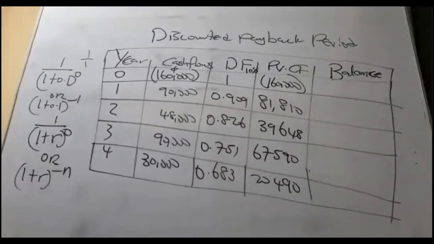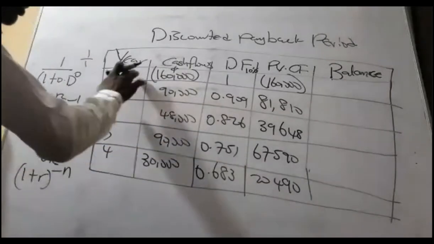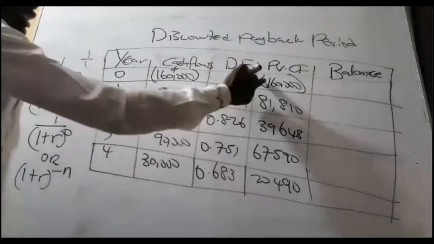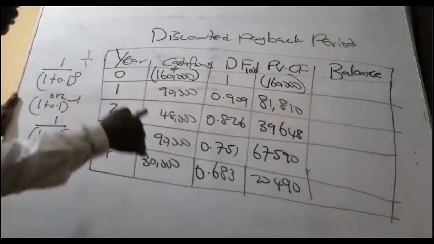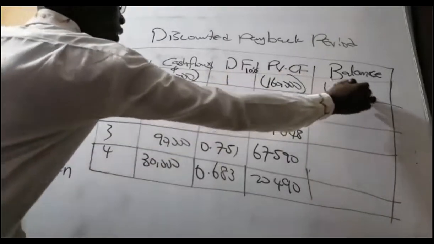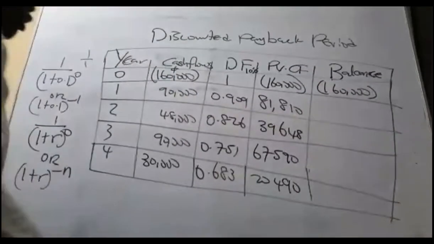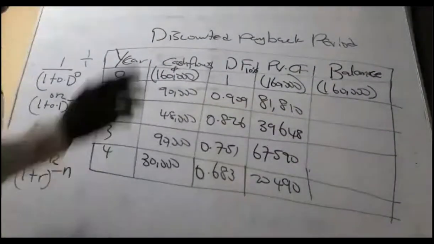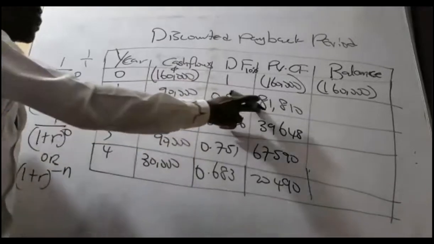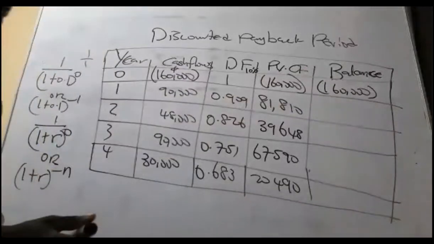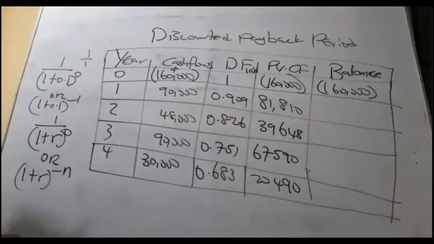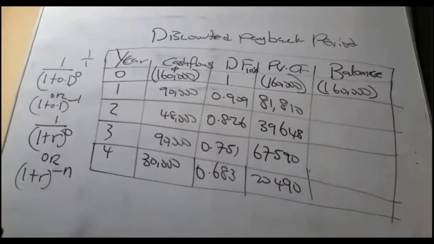Let's be calculating the balance. Let's see. So let's come here. At the start of the project life, we have invested 160,000. So we have 160,000 to be recovered from the project, so put it in brackets. At the end of year 1, it will give us 90,000, but the present value was 81,810. So let's offset it from whatever we invested to see the amount left. So the balance left will be